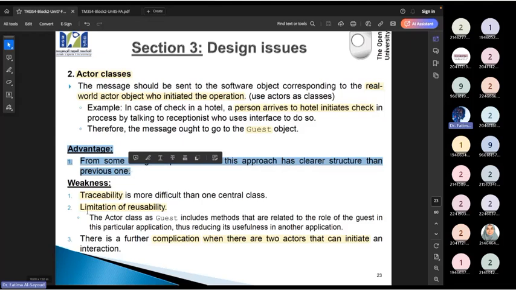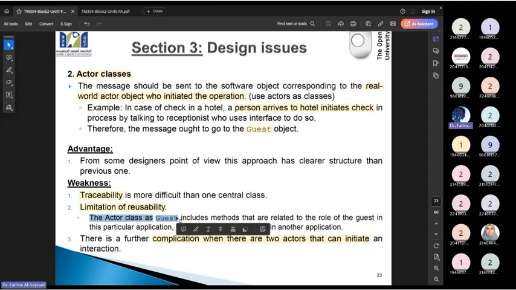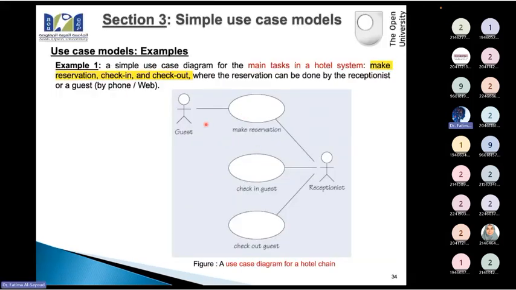If I always say that the first message goes to the guest, then I limit it so that, for example, the receptionist cannot do a check-in. However, in reality, in our case, if you recall, we said that, for example, a make reservation can be done by a guest or by a receptionist.